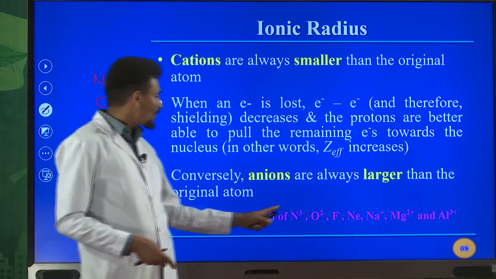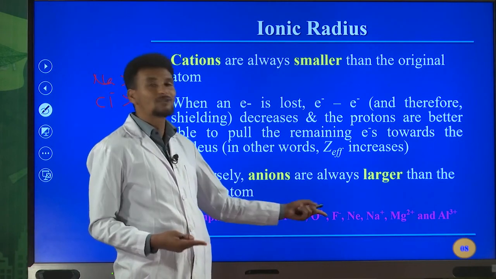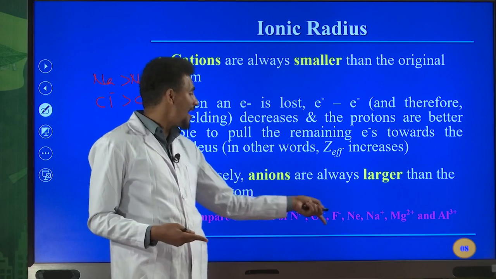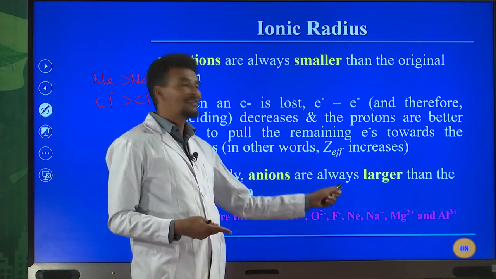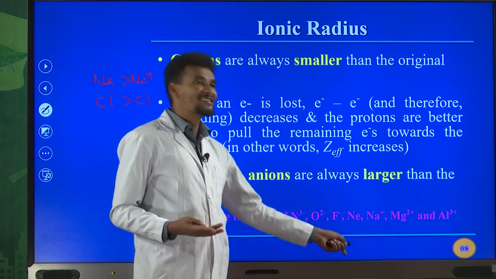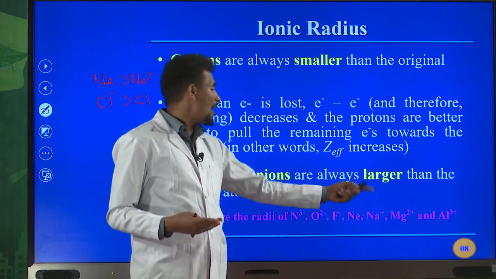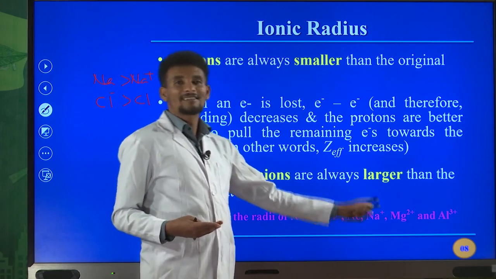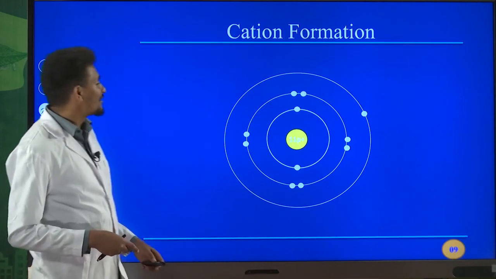So all the time N3 minus has greater radius when compared with that of O2 minus, the oxide ion, and it has greater radius when compared with fluoride ion. It has greater radius when compared with that of neon, and it has greater radius when compared with that of Na plus, sodium plus, and this has greater radius than magnesium 2 plus, and it has greater than that of